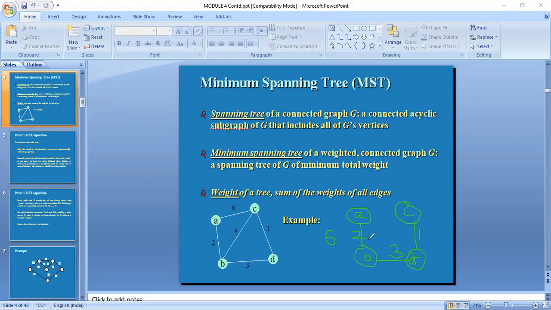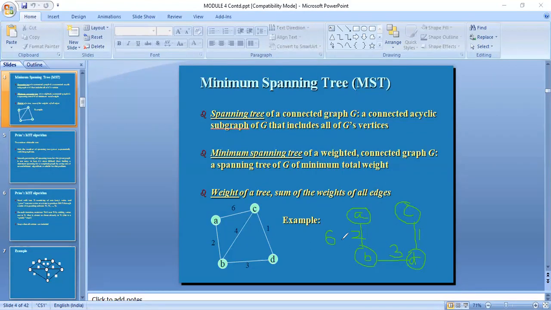Understood? So how did you obtain that? By constructing a tree whose cost we have taken. Since it has only a minimum number of vertices and edges, we could easily make it out. But if your number of vertices is larger, we cannot say that this is how we are going to construct it. So for that, you are given various methods.